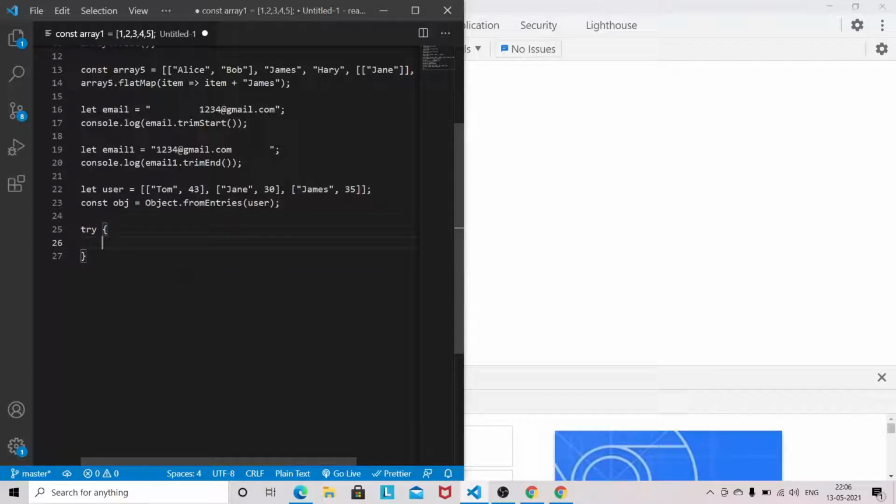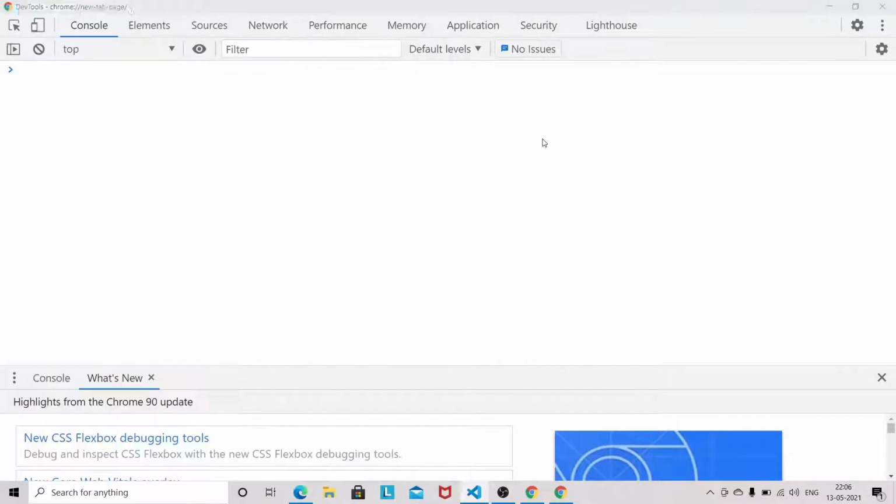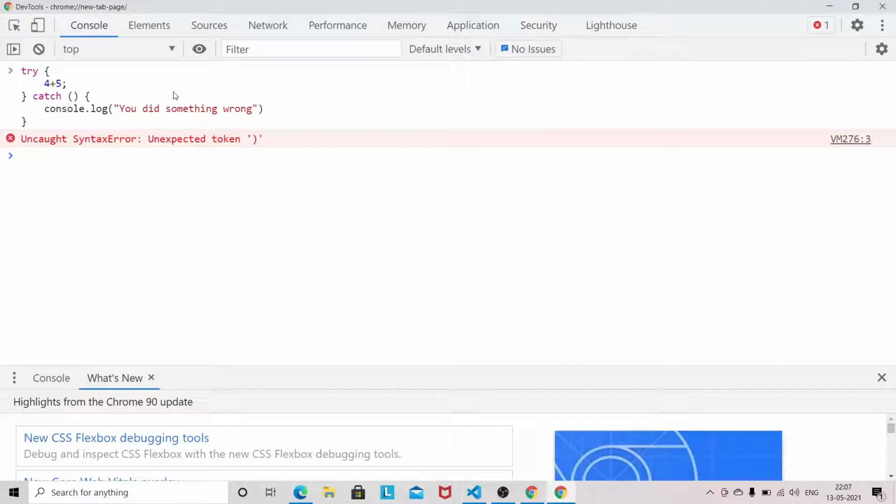Let's assume we have a try catch, and if there is any error, let's assume you did something wrong, and we print some message, something wrong.